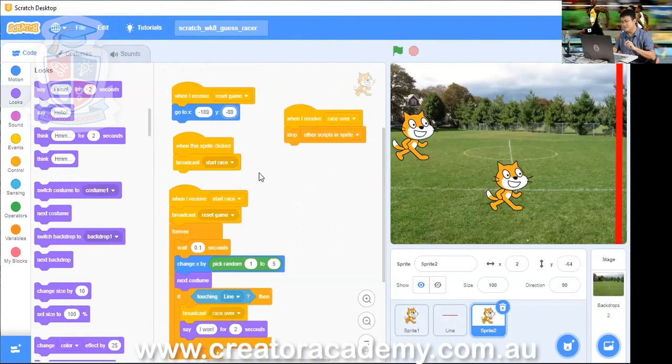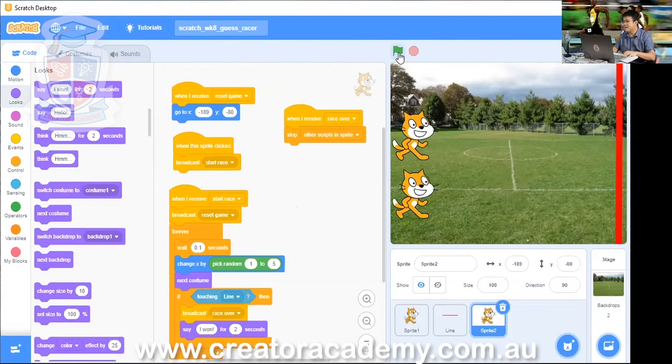And that's the only difference for this cat compared to the other cat, because the other cat is going to whatever position that is on Y. But for this sprite, we want to make it so that it doesn't go to that exact same place, otherwise you won't see your runners separate out.